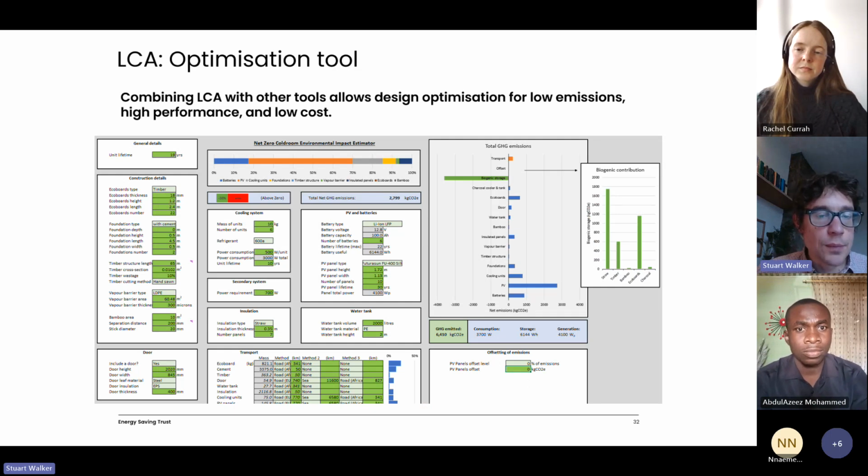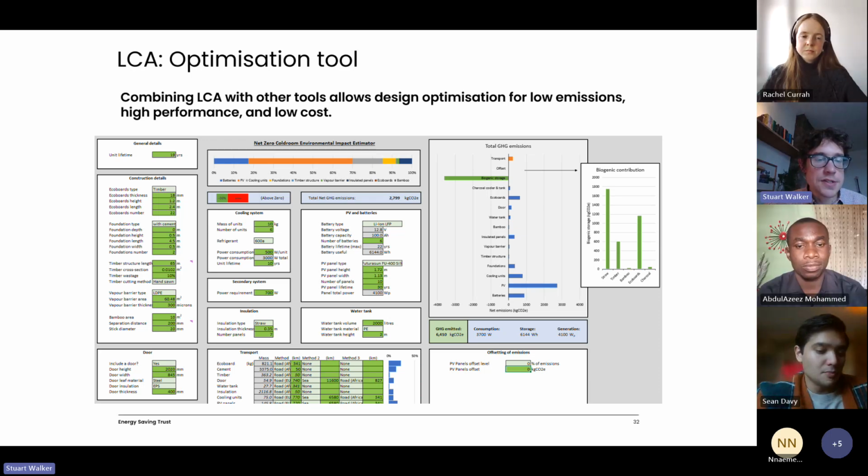So we've got this LCA tool. This is just doing LCA as I talked about before, with information from various sources, from papers and from our own assessments, and we've combined them into this tool, which allows us to test various options to see what the best options might be. And this highlights how, if we can do this LCA early in the design process and apply that life cycle thinking early, it really gives us so many more options about how we can design the product, and it's really useful.